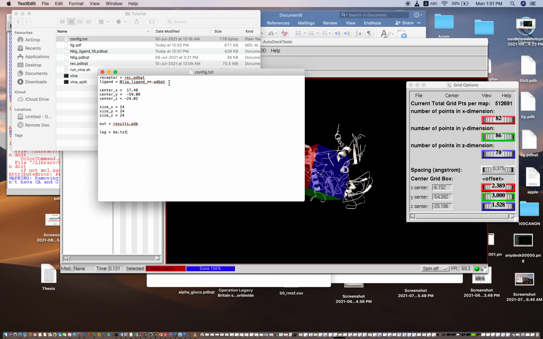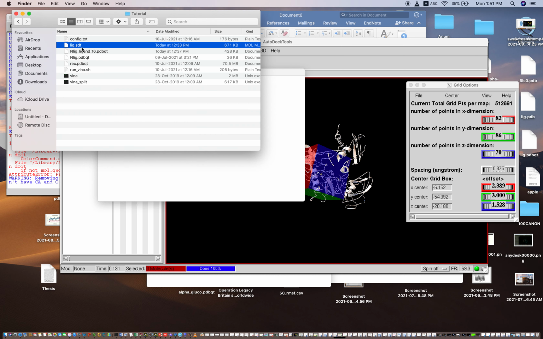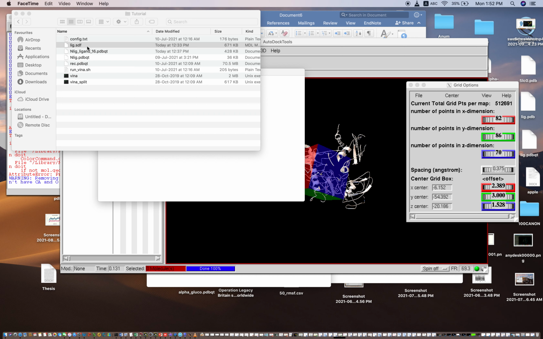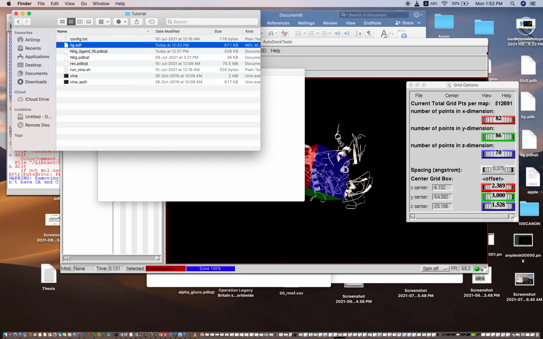So I have downloaded this file, lig.sdf, and it is composed of 43 ligands. 43 ligands are present in this file. So I'll have to change the format of this ligand library to PDBQT first, and then I'll be able to dock it with the receptor.